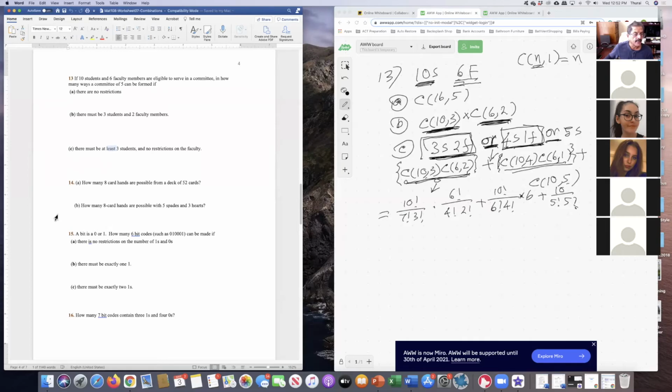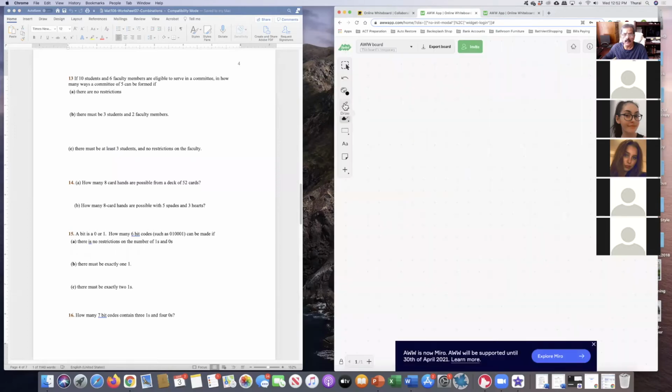Problem 14 says how many 8-card hands are possible from a deck of 52. If you're not following any part of it, please feel free to interrupt and ask the question. So is it permutation or combination? Permutation? No, combination, because when you give a hand of cards to one person,